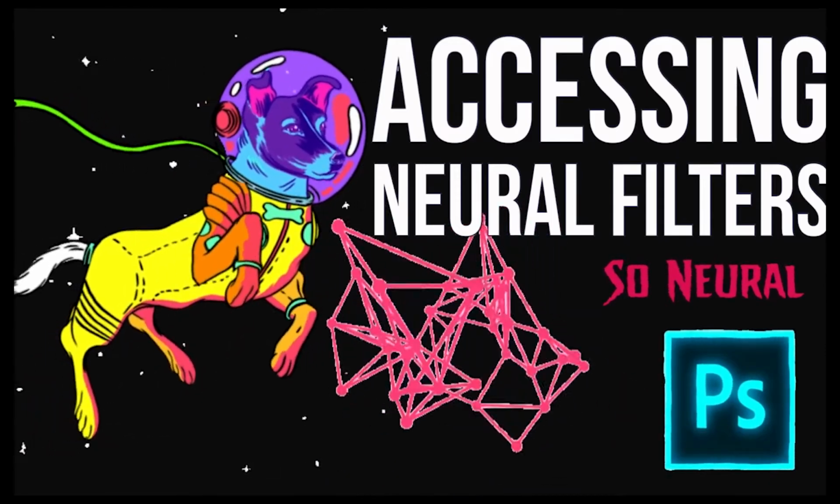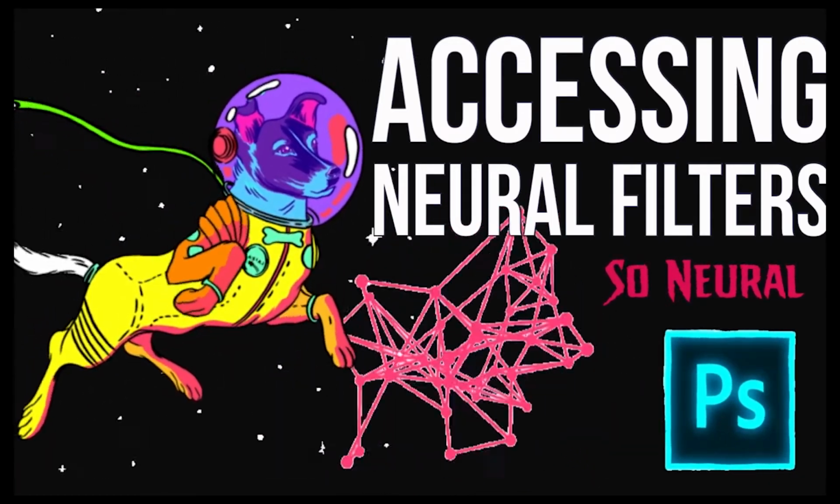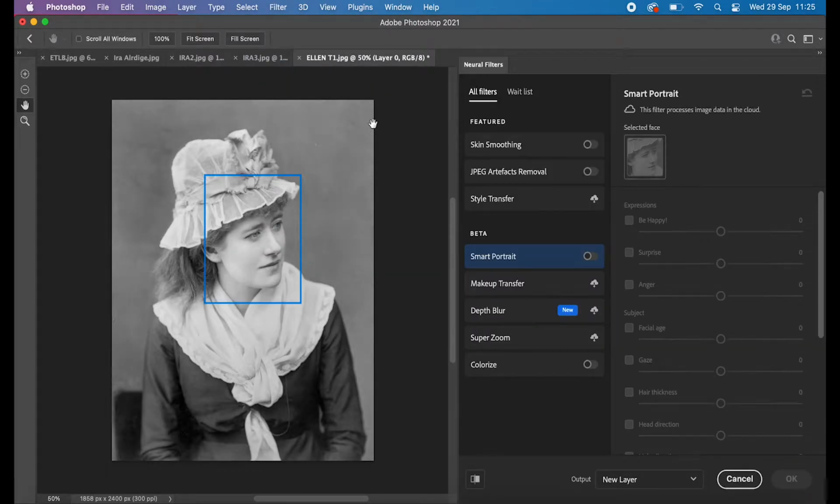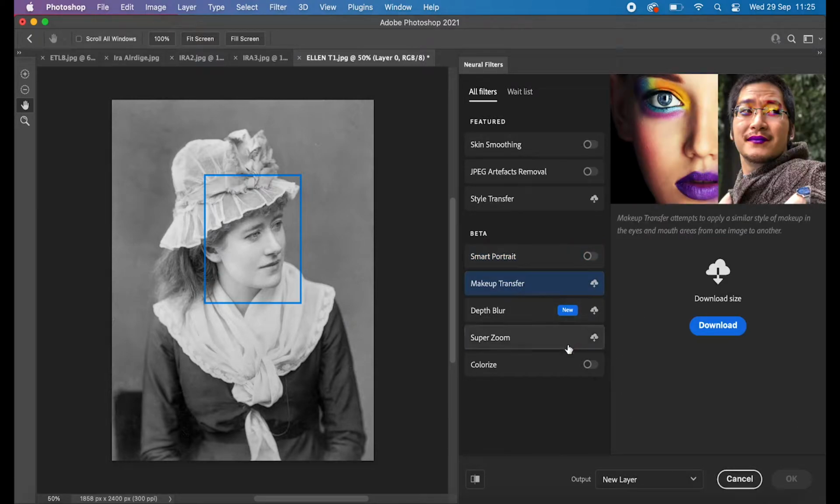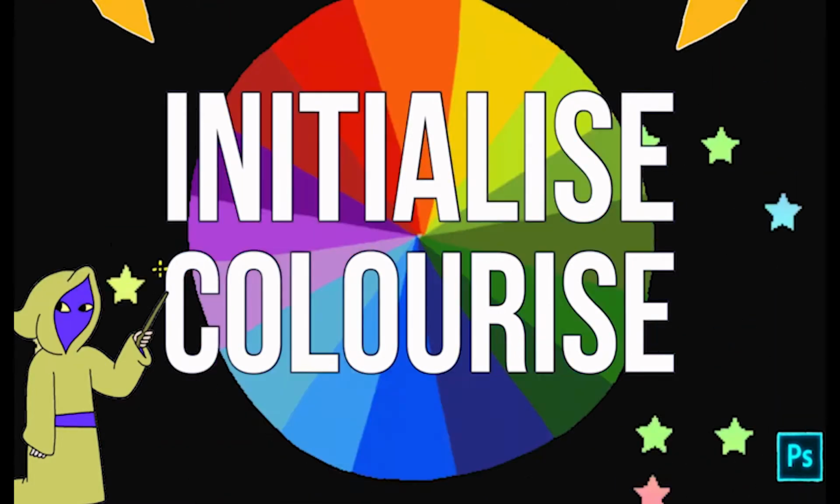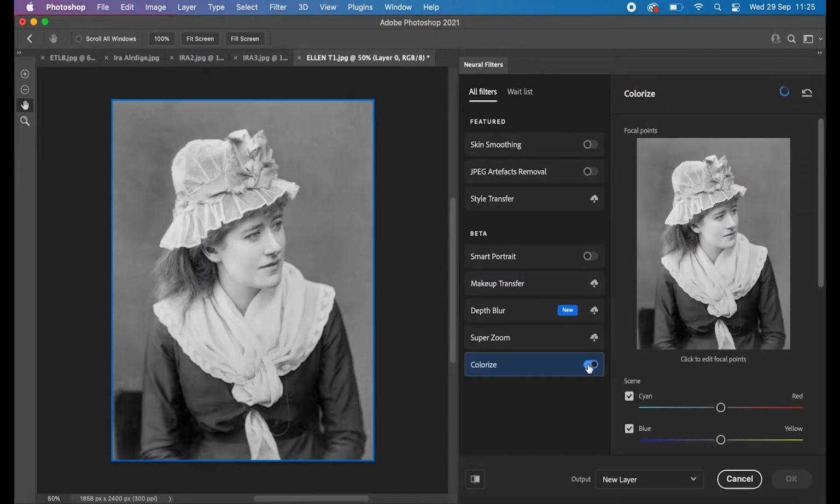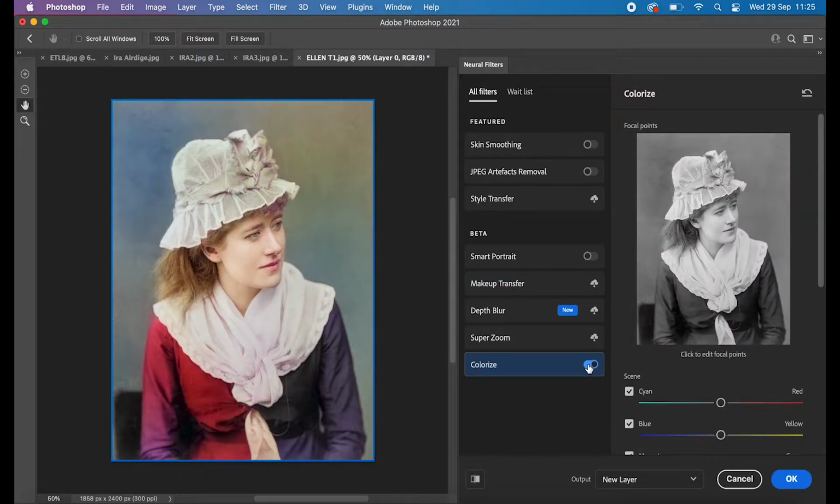Accessing neural filters. Filter, we open the neural filters, and you will need to download these onto your software. Simply just click and download. Initialise Colourize. Turn this on and boom. Now you will see that this hasn't worked completely correct, but there is a really easy way that we can